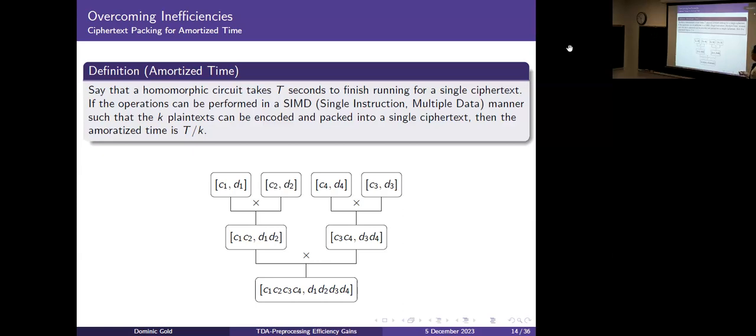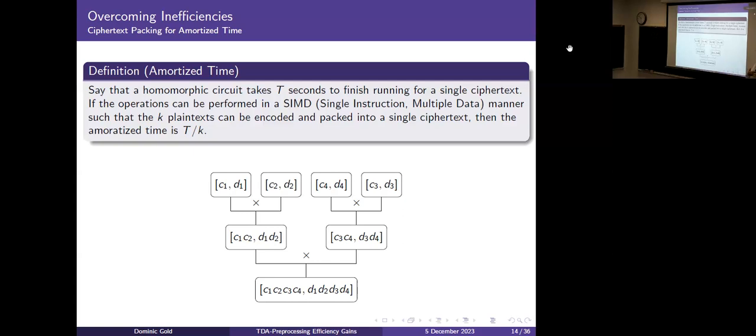But then someone could say, why don't you just add 60 things to it? Then you wash all 60 plates in an hour. Yes, it still takes the same amount of time, but the time per plate is now a minute rather than 1 hour per plate. That concept is called amortized time. You're amortizing how long the procedure takes by being efficient with the space you're allotted to run all of those things simultaneously. So let's say that a homomorphic circuit takes t seconds to finish running. If the operations can be performed in a single instruction multiple data manner, which really means that here's a set of instructions, but you can run them all theoretically in parallel with each other.